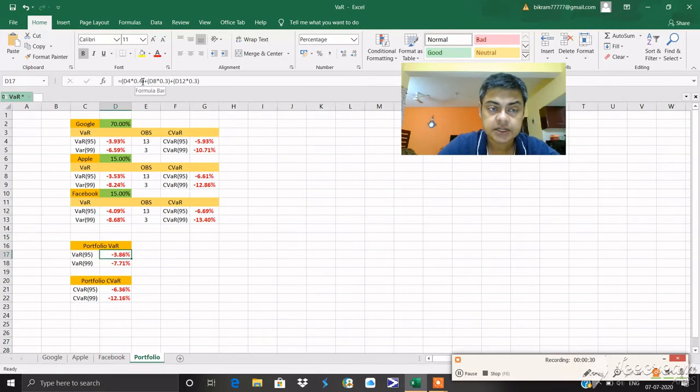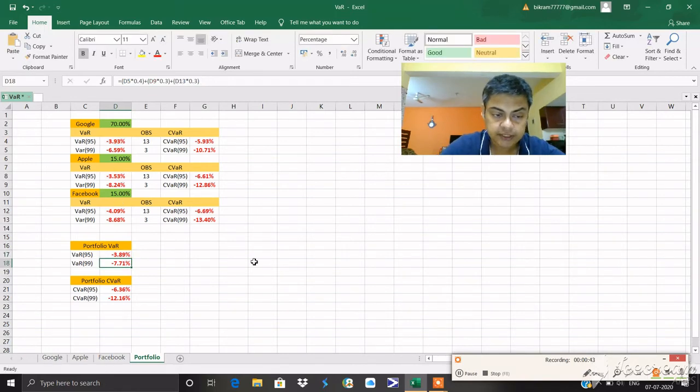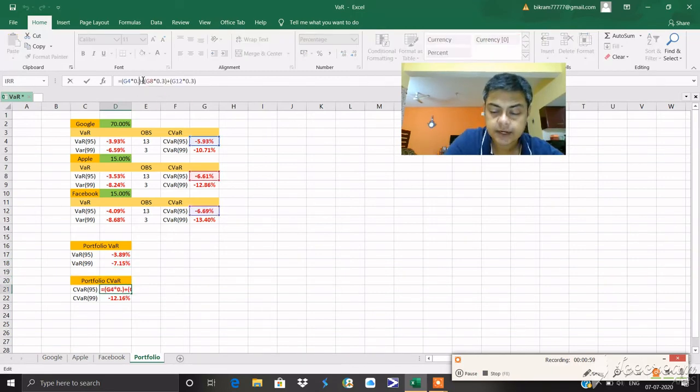That's a major concern. We cannot guarantee that Google will always deliver similar returns, and Apple and Facebook will also deliver similar returns. That guarantee is very difficult. So that is the whole ball game. You can see here the values have gone down further as I have changed the allocation in the portfolio of VAR. Similarly for the portfolio of CVAR, I have to change the allocation. If I change the allocation for the portfolio of CVAR, we can understand the value will change, because